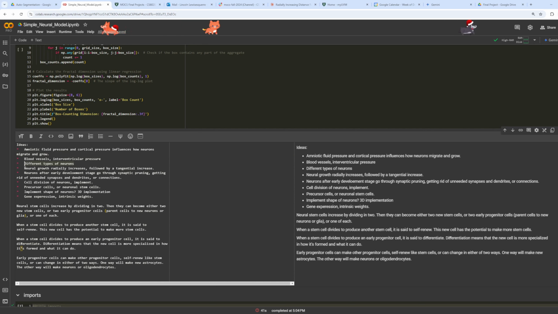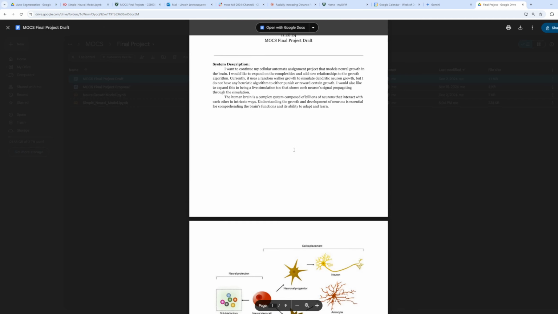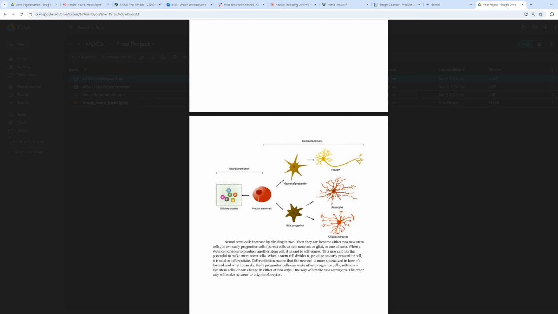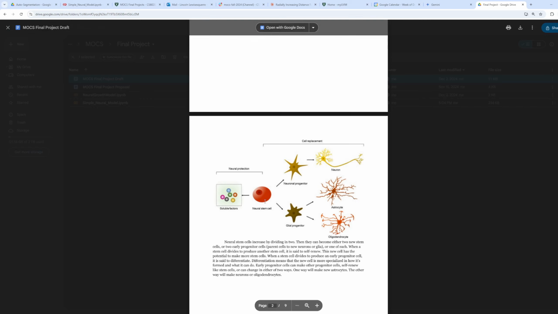Different types of neurons. Or rather, not specifically neurons, but cells. When a baby is born, they start off with a bunch of stem cells that are said to be totipotent, pluripotent or multipotent, which means varying levels of what they can differentiate into. If something is totipotent, it can differentiate into any type of cell in the human body, any type of stem cell. A neural stem cell is a type of stem cell that starts off in